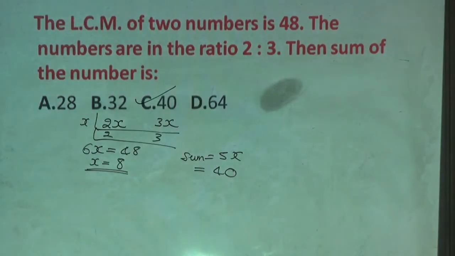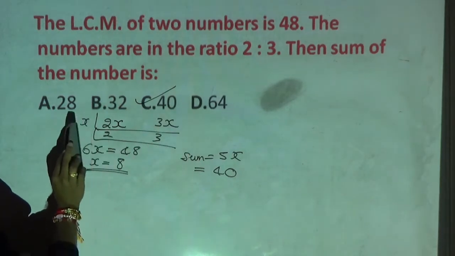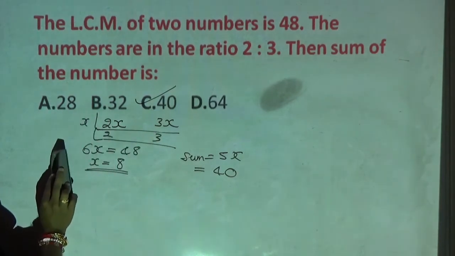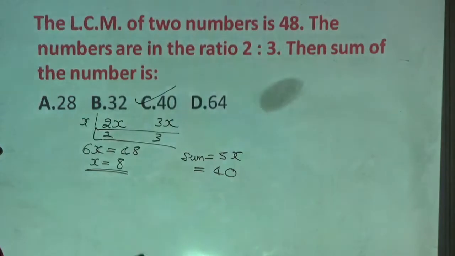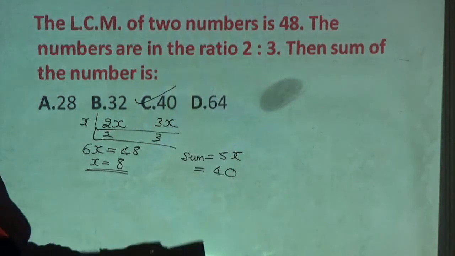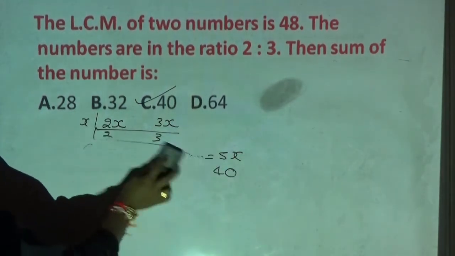Okay, so very simple. The two numbers are in the ratio 2:3. That means one number is 2x, another number is 3x. From x if I divide, x 2 times, x 3 times. LCM is what? 3 2s are 6, 6x. The 6x value I know because they have given the LCM is 48. Therefore x is 8. I wanted to find out the sum of these two numbers, which is 5x. So I need the x value. I know 8 5s are 40. That's it.